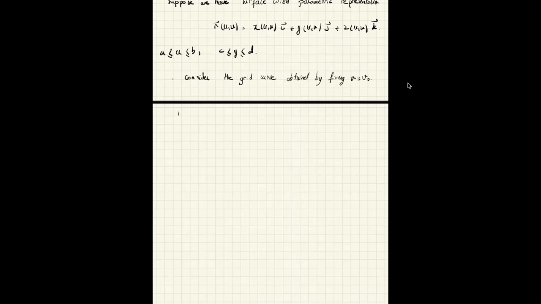Then the tangent vector to this curve at the point P0 equal to r(u0, v0),